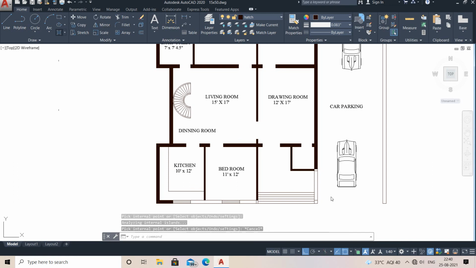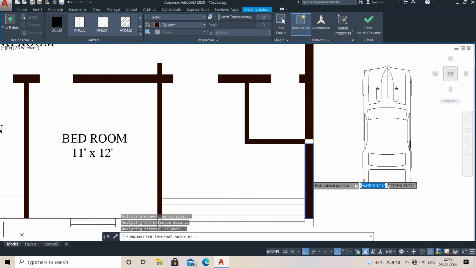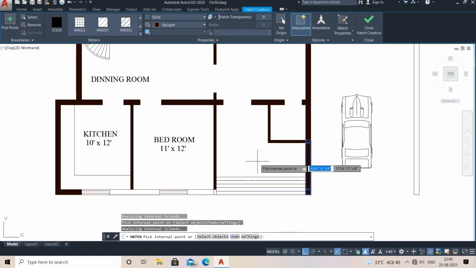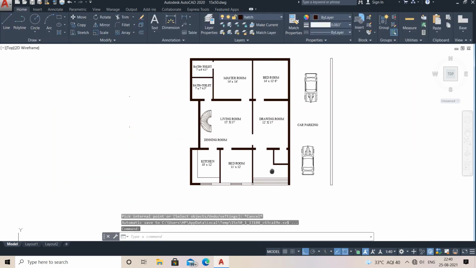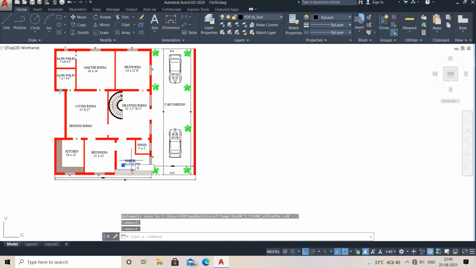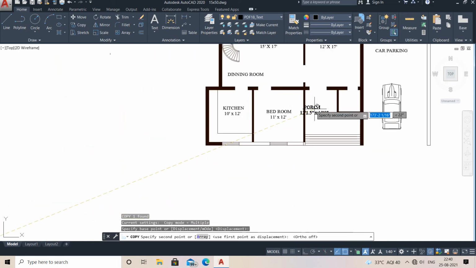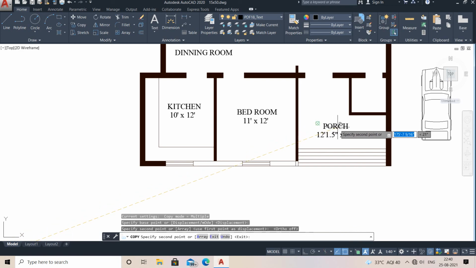Yeah, it really looks cool. So what I need to do, I'm just keeping here, simply just do it like this. See, this is my portico, I have not mentioned over here. So from here I'm going to copy it. So these both the plans are almost equal, no need to panic, right?